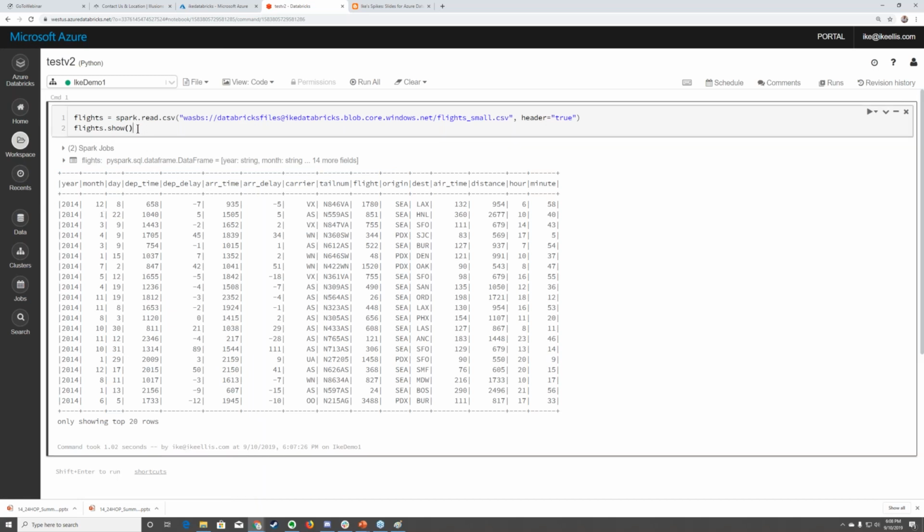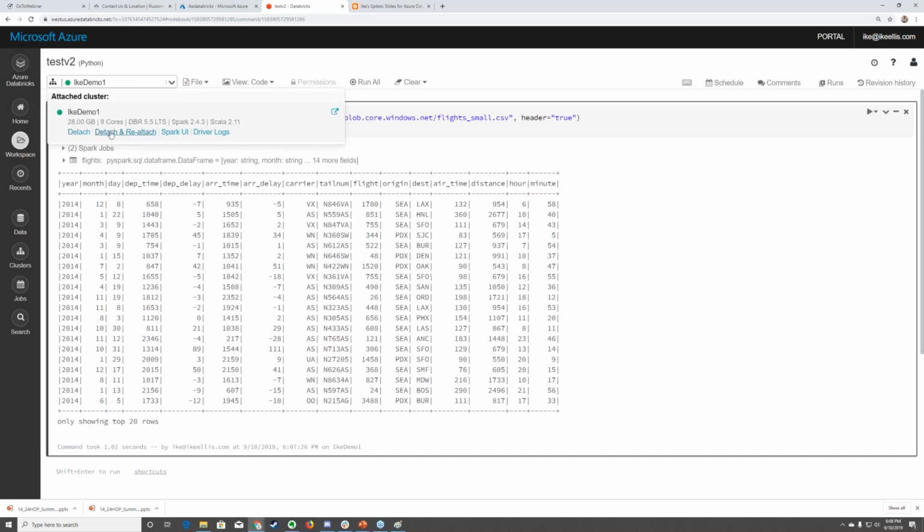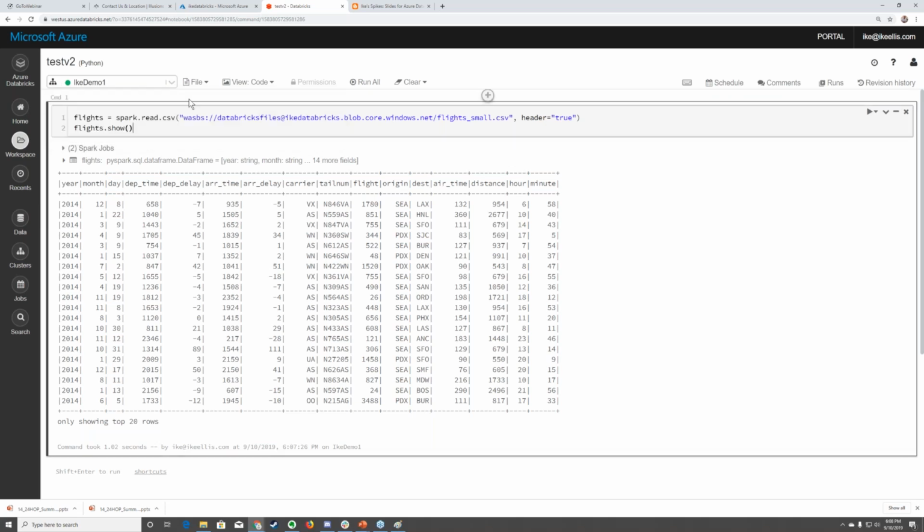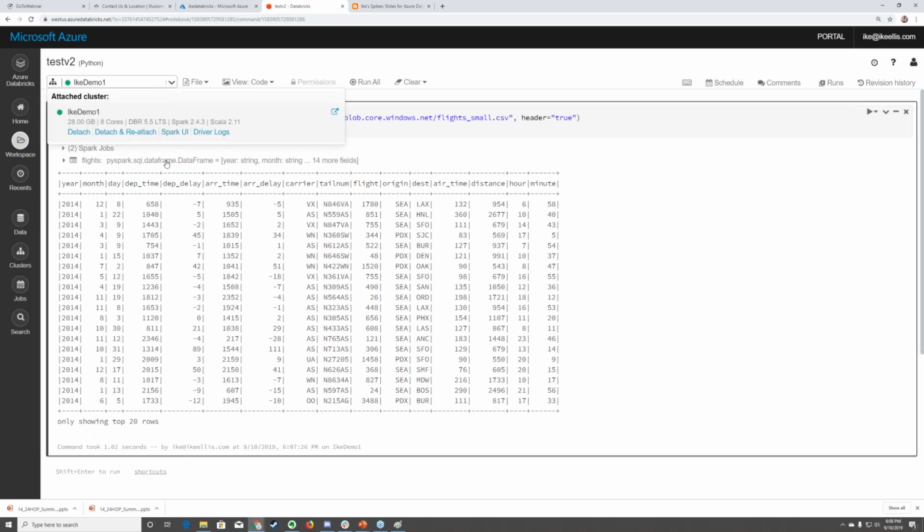So this code, you don't know whether or not this code was executed across one node or 20 nodes. You don't know that, right? And actually, I can change the number of nodes that were used to execute this code by just changing the cluster that I've attached to. So this cluster here says that I'm running on 8 cores and it's just one node. I could have a cluster that was 4 nodes, and in this drop-down list, if I just grabbed a different